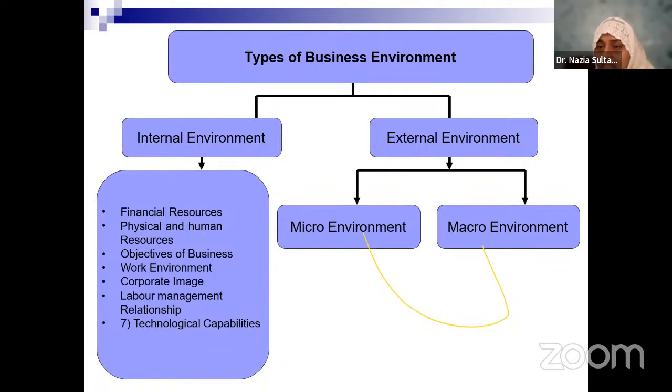Your suppliers are not within the company, your consumers are not within the company, your media is not within the company, neither are your stakeholders like investors and bankers within the company, but they are all in the external environment. But these have smaller impacts on the business as such. So you call them the micro environment. The distributors, marketing intermediaries, suppliers of raw material, partners who are rendering services in your business, competitors who are there in the market.